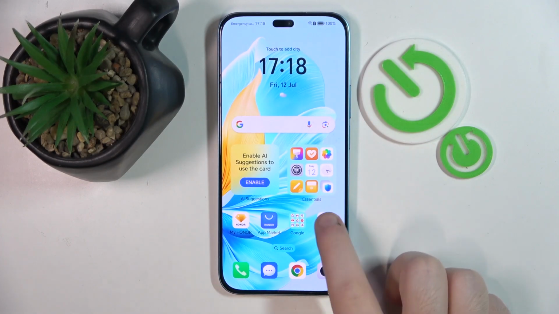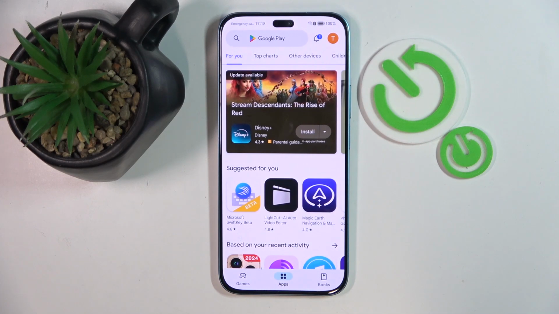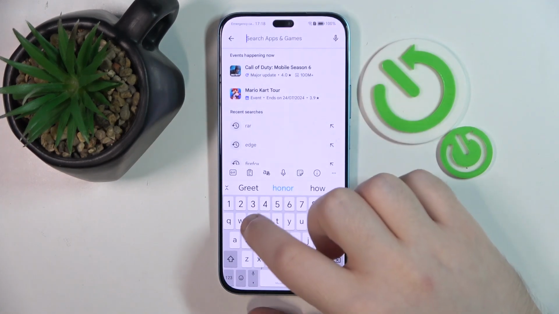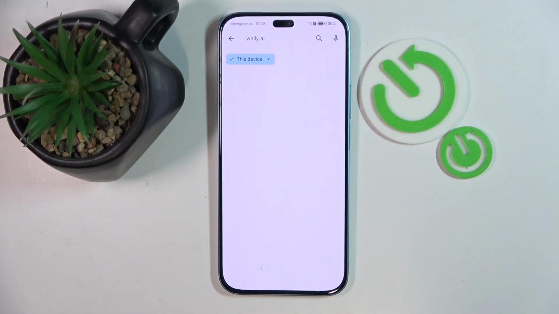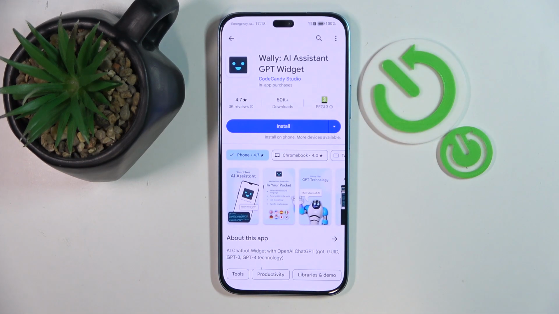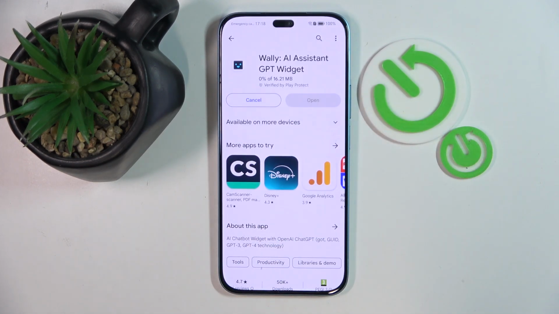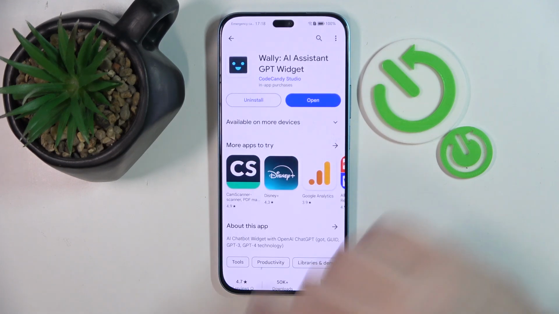So you have to start by opening your Google Play Store, and now click on the search bar and type in Wally AI and click search. Now select this application and click install. Now click open,